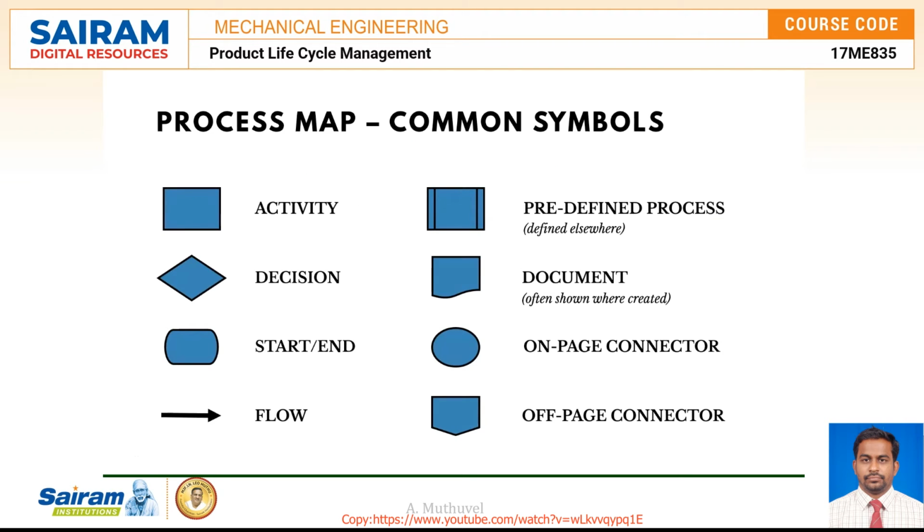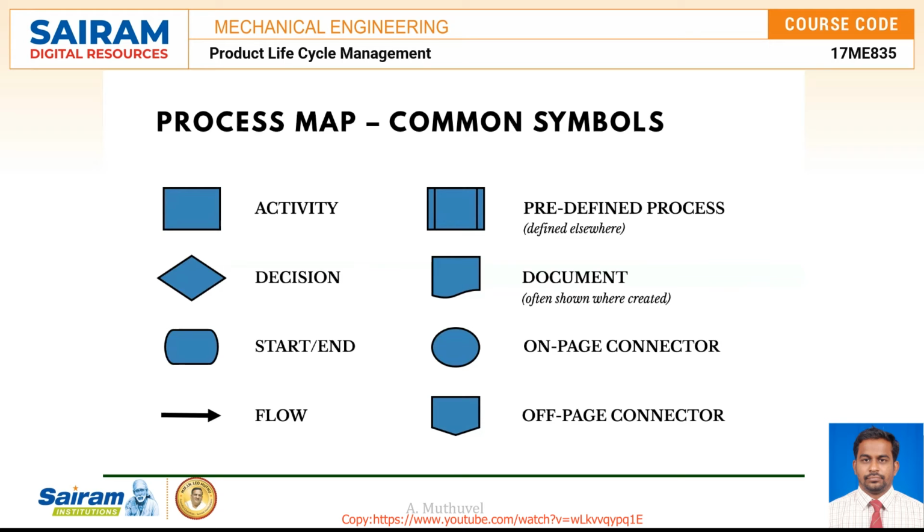So here are some of the common symbols we could use on our process map. We could use a square or a rectangle to represent an activity, like picking an order, packing an order, shipping an order, and so on. And a diamond is going to represent a decision. Those decisions are going to have yes and no outputs. There are two paths out of them. And then we're going to use an ellipse to represent a start and an end point. And then we're going to use an arrow to represent directional flow.